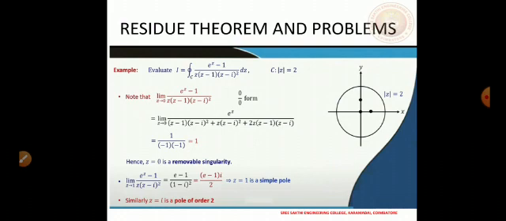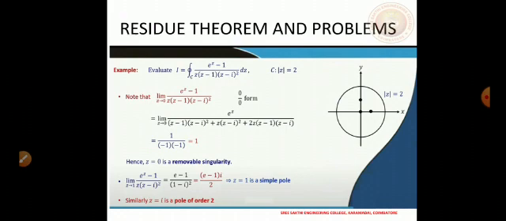So this is 0 here, and then we have 1, and then we have i there, and this is the circle modulus z equal to 2. So in this case all these singular points are lying inside the circle. So we have to apply the residue theorem now, meaning we have to compute the residue at all these three points, because all are lying inside the circle.